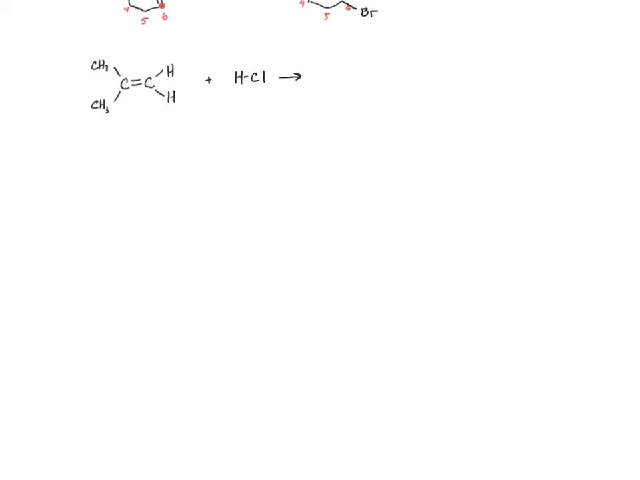Okay, there are two possible outcomes that we could imagine. Either when we get the attack taking place, the hydrogen is going to go to the carbon on the left or the carbon on the right. Now, if it goes to the carbon on the left, this is the product we're going to get. And if it goes to the carbon on the right,